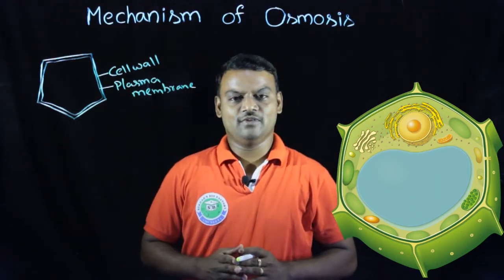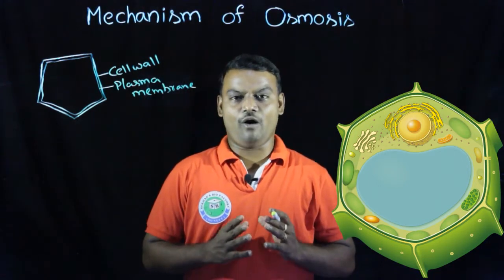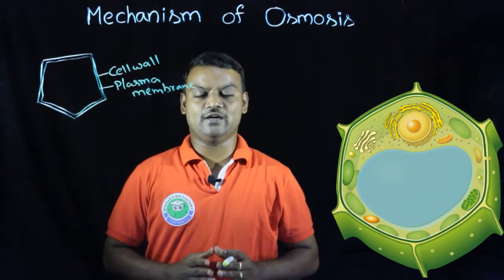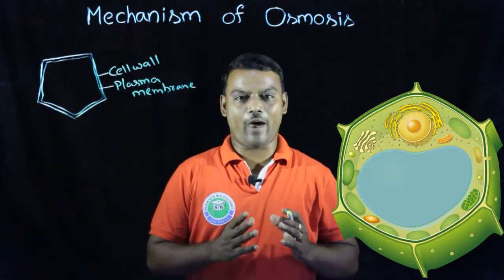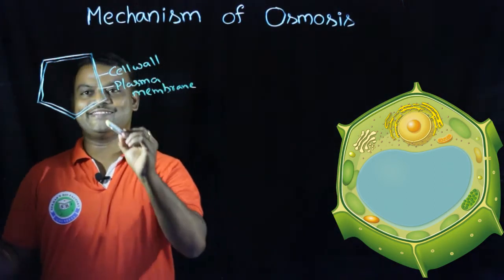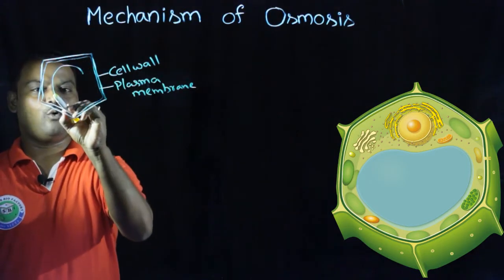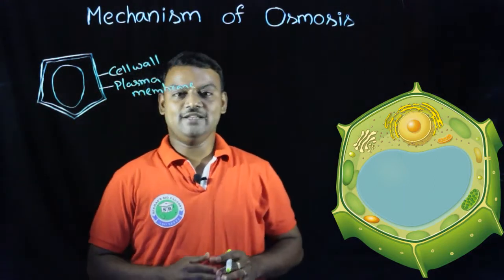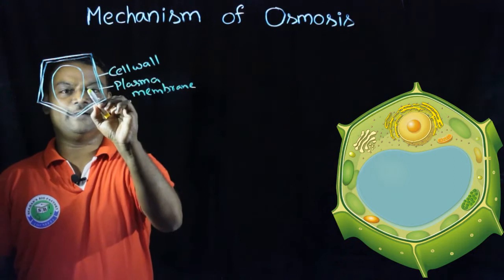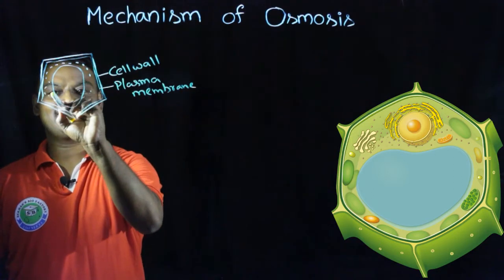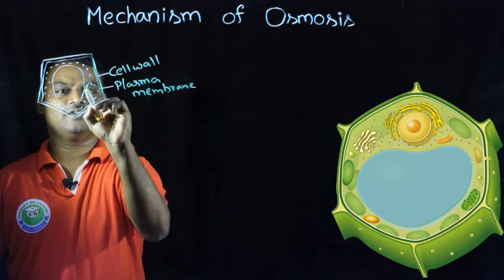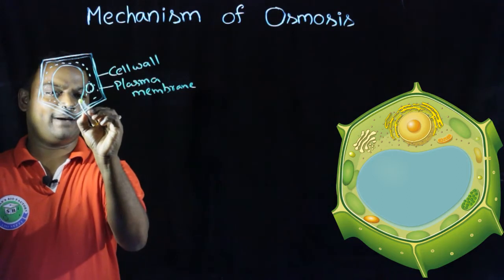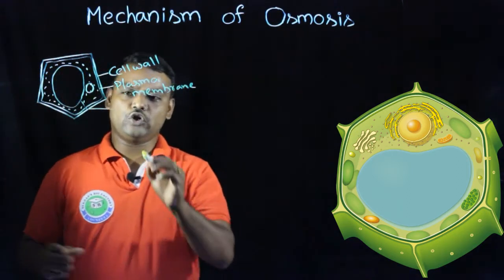In this cytoplasm, one of the membrane bounded cell organelles is present, and it is responsible to regulate osmosis process. It is called vacuole. So vacuole is a membrane bounded cell organelle, and it occupies a large portion in the cytoplasm of the cell, along with the nucleus. The vacuole is surrounded by a membrane. It is called tonoplast,